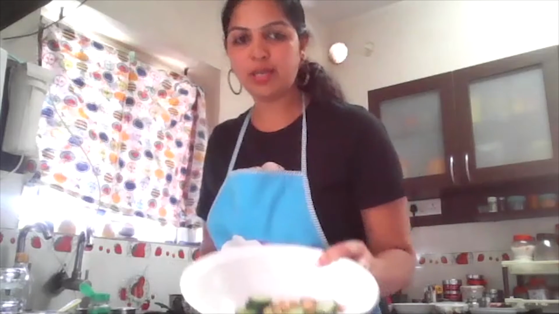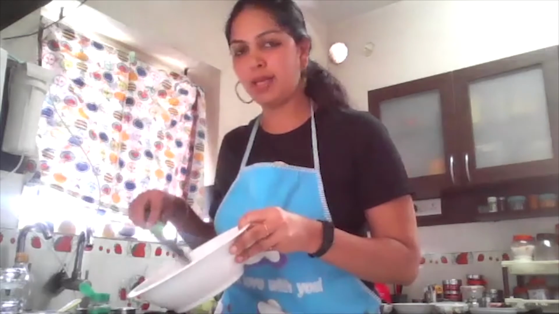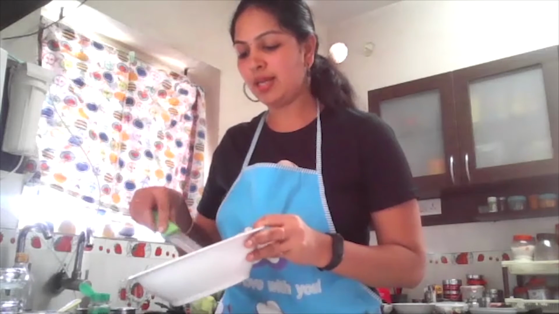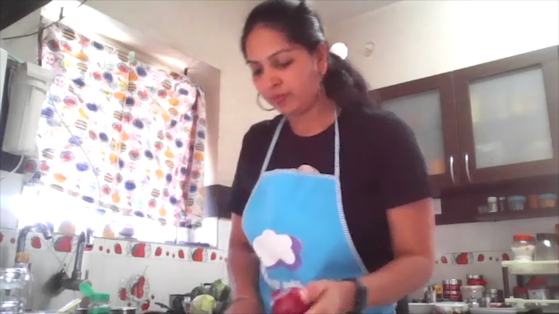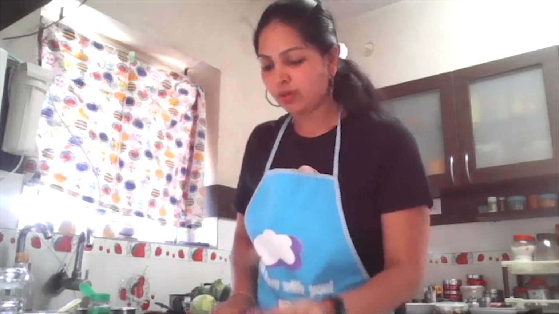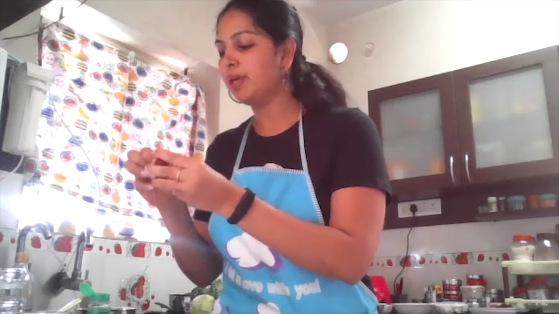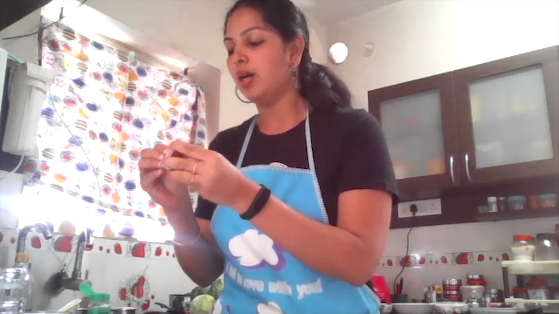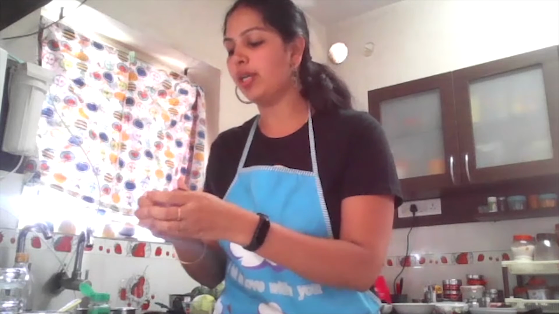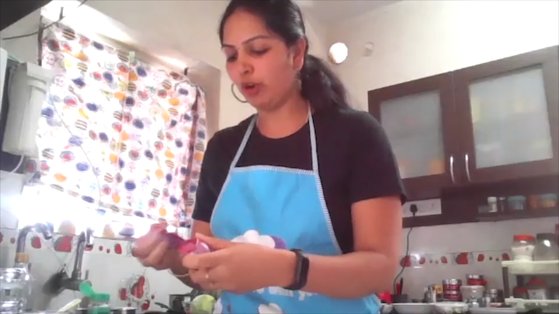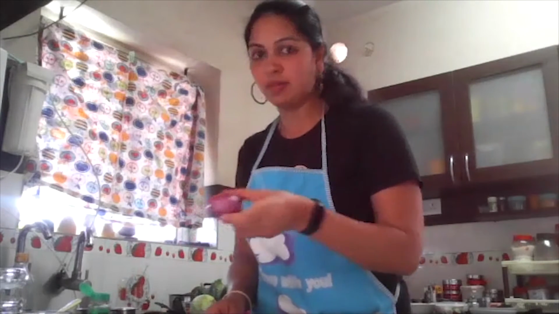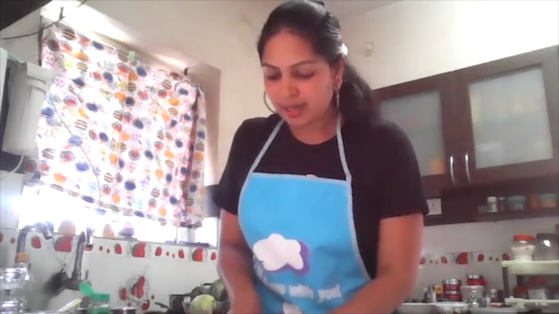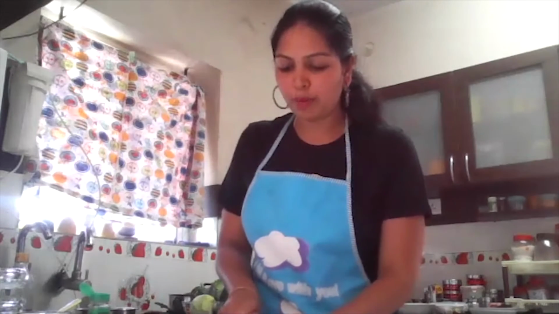Coming back to this nourishing chickpea salad bowl, there is chickpea and cucumber that is added. Now I'm going to dice onion. Let us take one onion. If it is a big onion, then you can use half to three-fourths of it. If it is a small onion, then use one full. I've taken half an onion because mine is a big onion. Dice it well, or you can chop the onions.